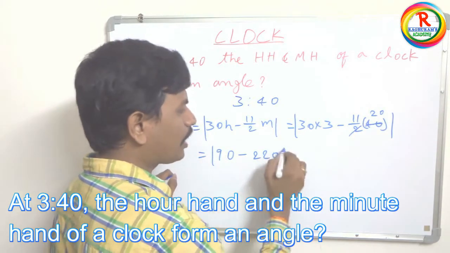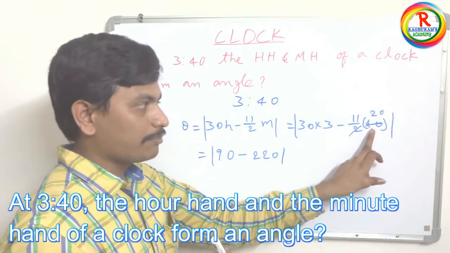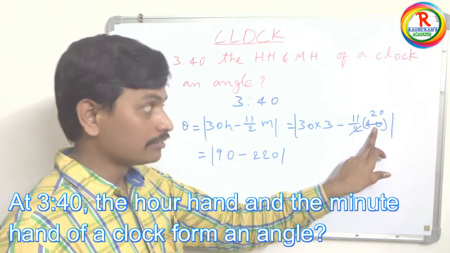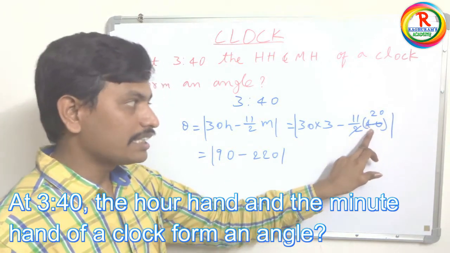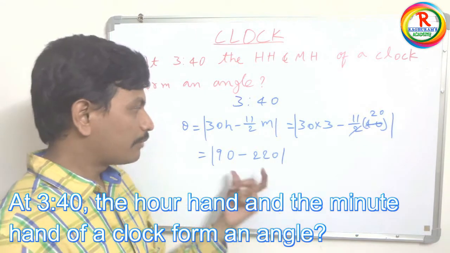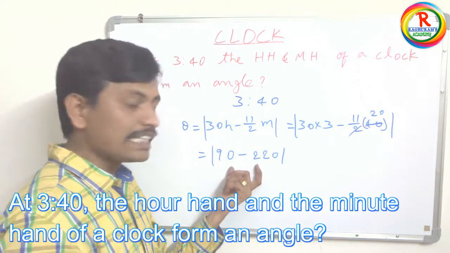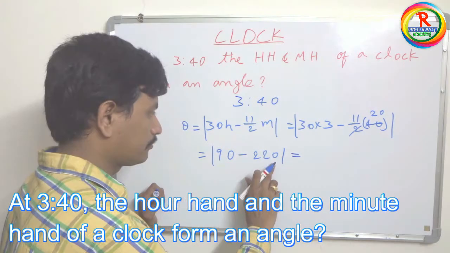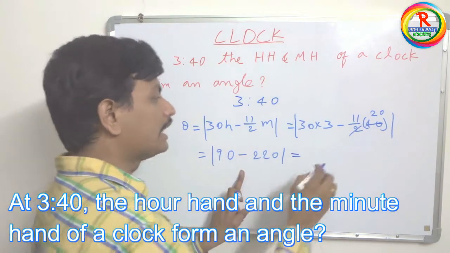In every problem I have taken a different thing. In the first problem of this type, it is exactly divisible. In the second problem, it's not divisible, so we have to do some calculation and simplification. Here in this case it is exactly divisible, but we got 90 minus 220. So we are getting negative. So what is 220 minus 90? That is the same as 90 minus 220 in magnitude. So we do it like this. 220 minus 90 is